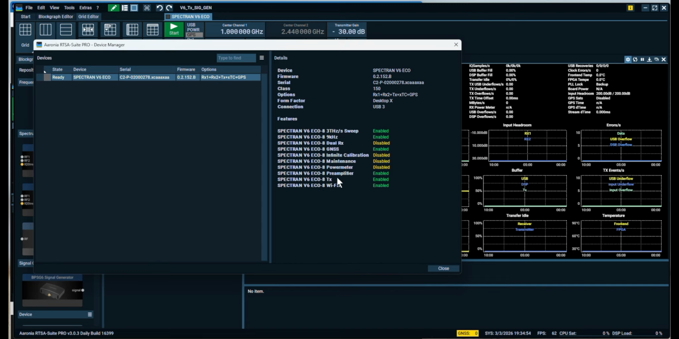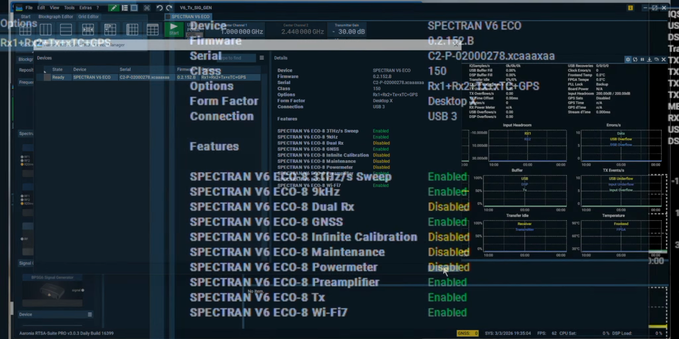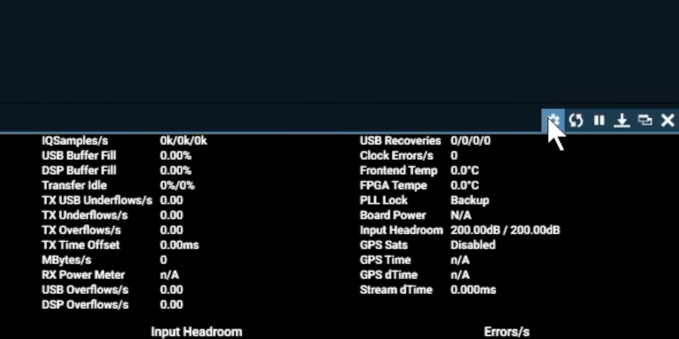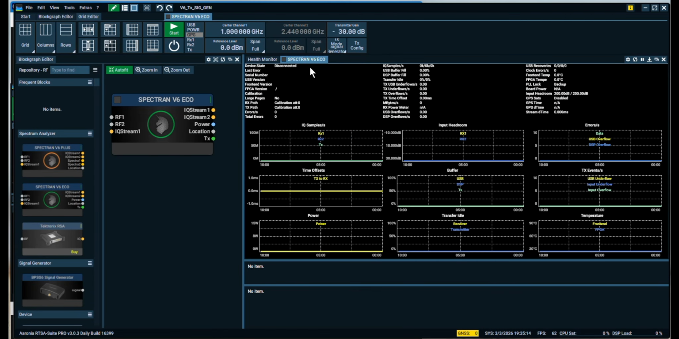To use the Eco as a signal generator, you first need to enable TX mode in the device manager. In this example, we are working with a 150 model. The signal generator feature is not available on the 100 model. You can open the device menu either by clicking the interlocking wheel icon or by double-clicking the Spectran V6 Eco